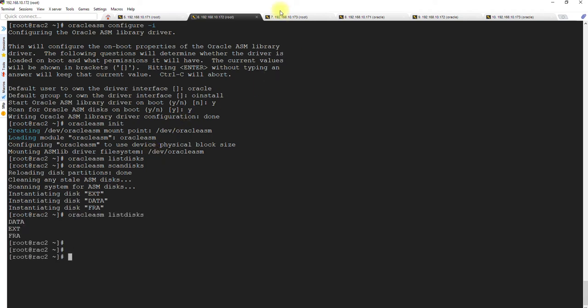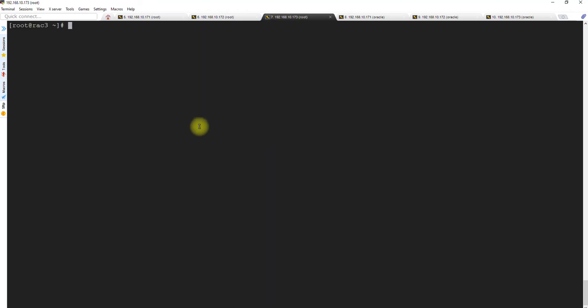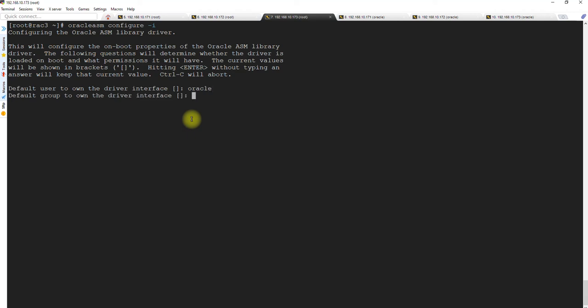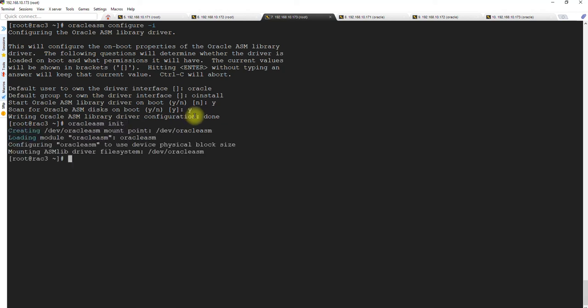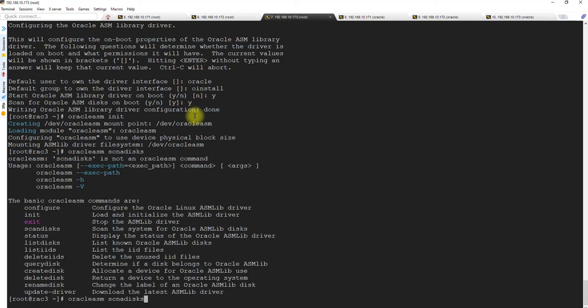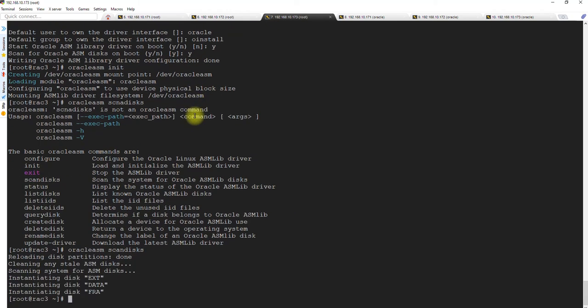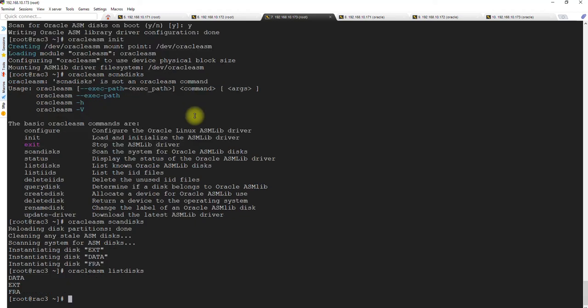Now do the same thing on the third node, or if you have only 2 nodes, then just complete it on 2 nodes. So oracleasm configure -i, oracle, oinstall, yes, oracleasm init. Then oracleasm scandisks. Sorry, I think I have misspelled something. Scandisks. Then oracleasm listdisks.